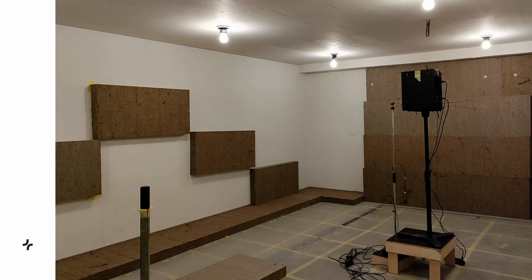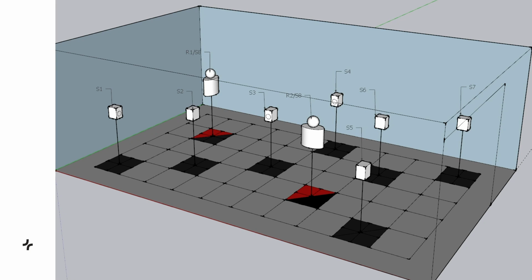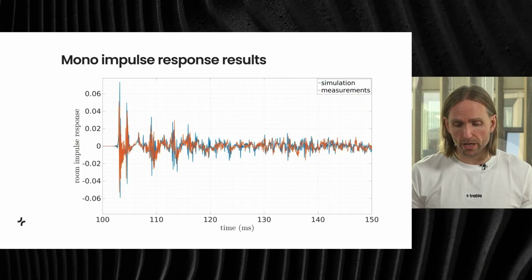Okay, let's first look at the empty room. It looks something like this. We excite the room with a directional sound source, and of course in the simulation we also use a directional sound source. We consider a variety of source and receiver combinations, and in the simulation for the receiver, when it comes to the binaural part, we use this approach that I just showed earlier, where we simulate a spatial room impulse response, and then in post-processing we mix the spatial impulse response and the HRTF to get the binaural or the device-specific output. But if we first look at the mono results, here in the time domain, we see an